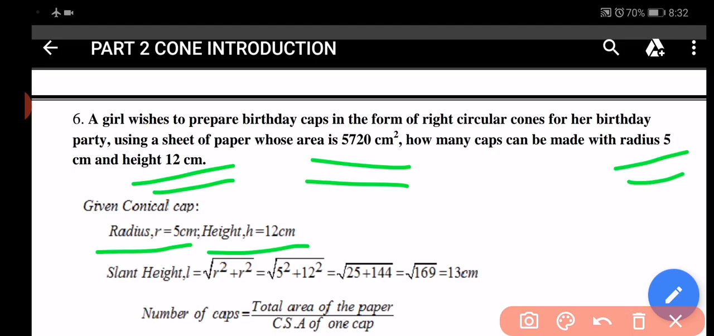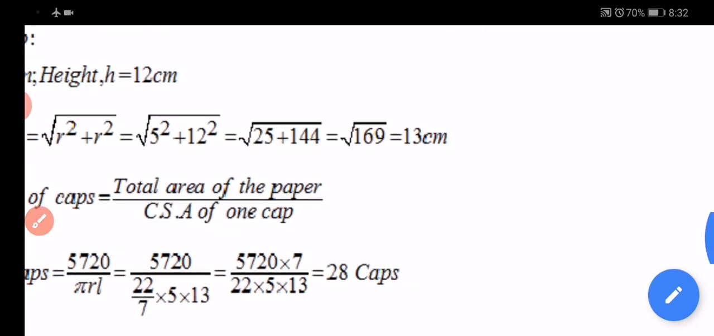So in the CSA or TSA of the cone, we need only radius and slant height, but height is given, therefore we are going to find at least one of the others. So we have to find radius or slant height. Here radius is given, so now we are going to find the slant height of the cone, then only which one asked in the sum. So radius is equal to 5 centimeter, height is equal to 12 centimeter, therefore slant height